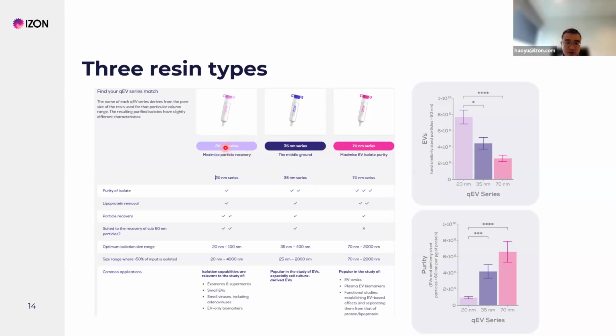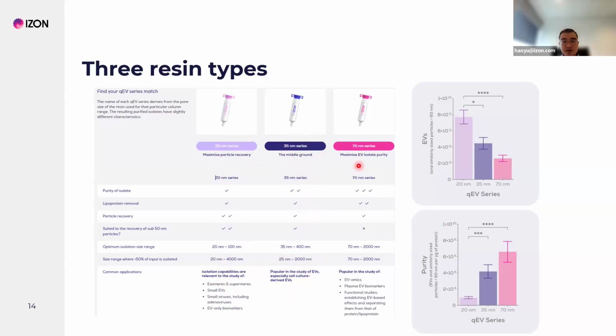So 20 nanometer resin is usually used for small EVs or some virus studies, so we recommend using the 20 nanometer resins for those. For general cell culture medium, we recommend the 35 nanometer resin because it has an isolation range from 35 to around 400 nanometers. You can see here it's just for cell culture media